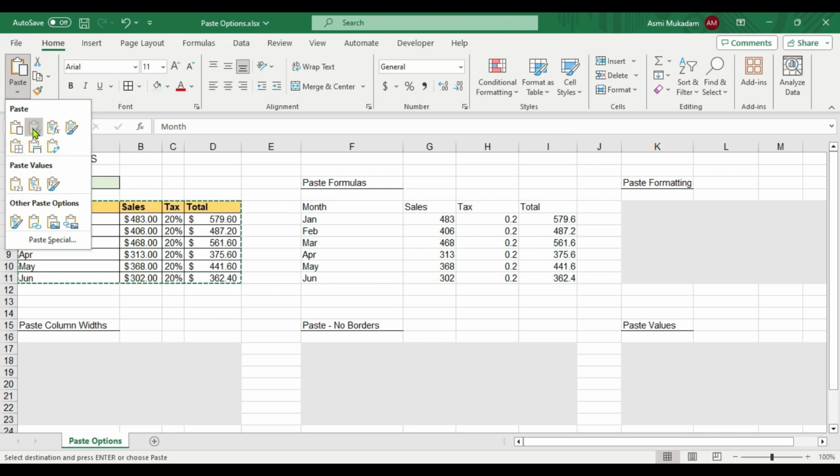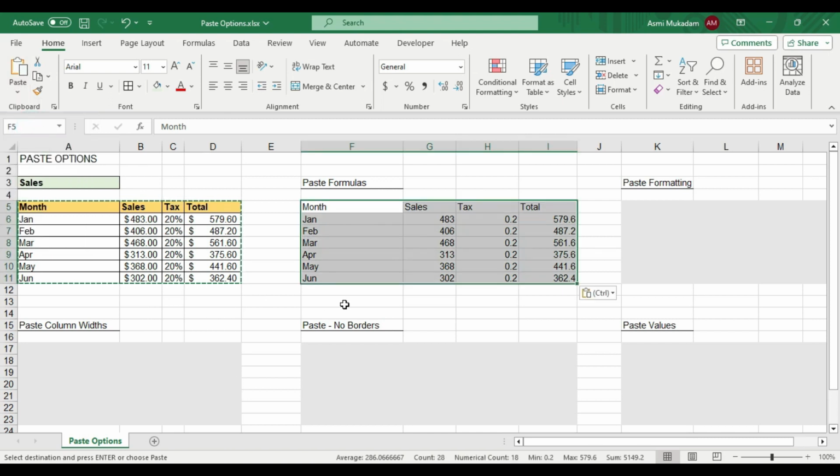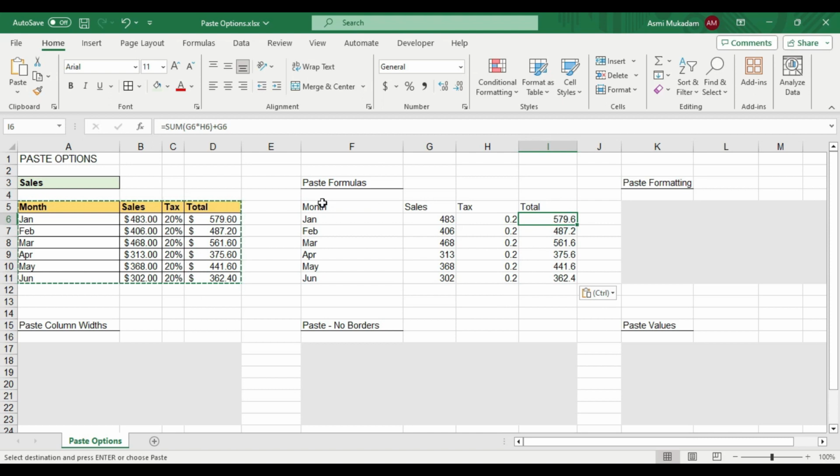If I click this, you can see it removes all the formatting from the table. But we can see the formula is intact. You can choose this when you don't want formatting and you want only the formula. So this is method number 1, which is paste only formula.